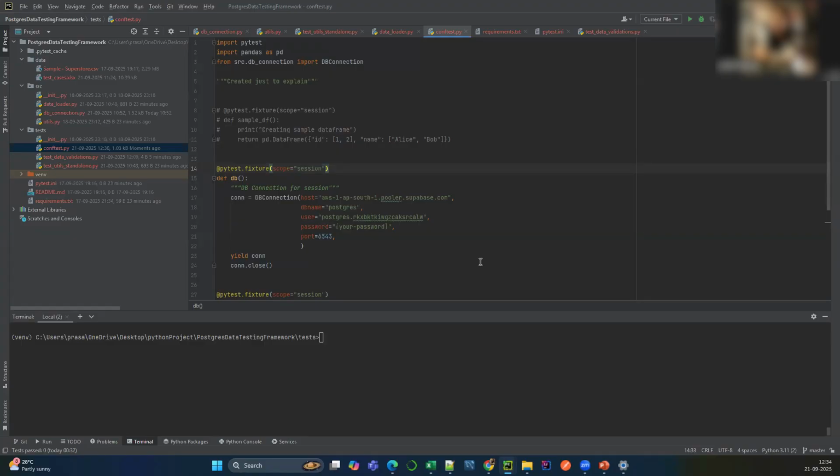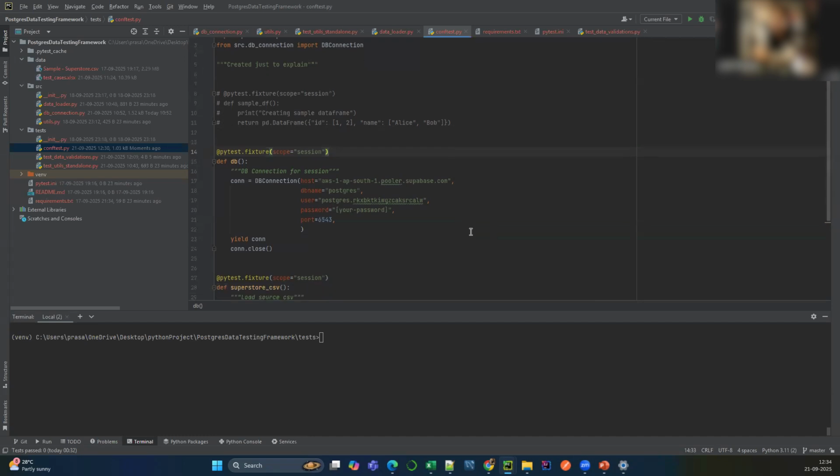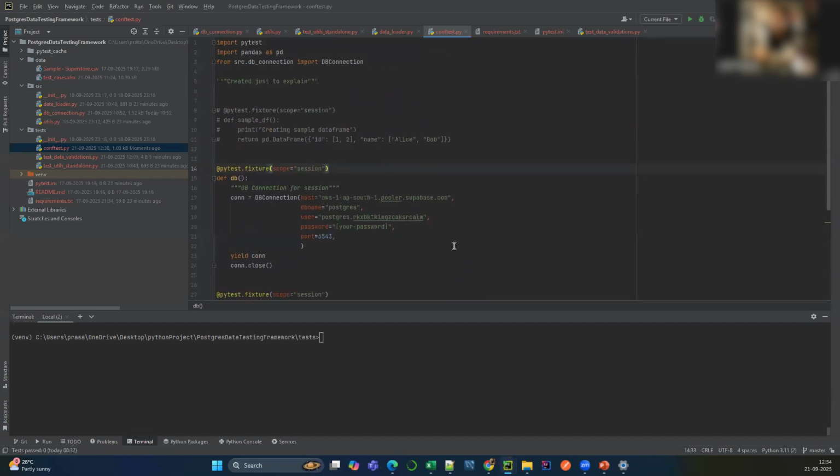So in the last video we saw how to create the conftest.py file and a little bit of fixtures as well. We created some fixtures that are necessary for our connection setup and teardown methods. Okay. So with all this done, today we are ready to go ahead and start with our test data validation